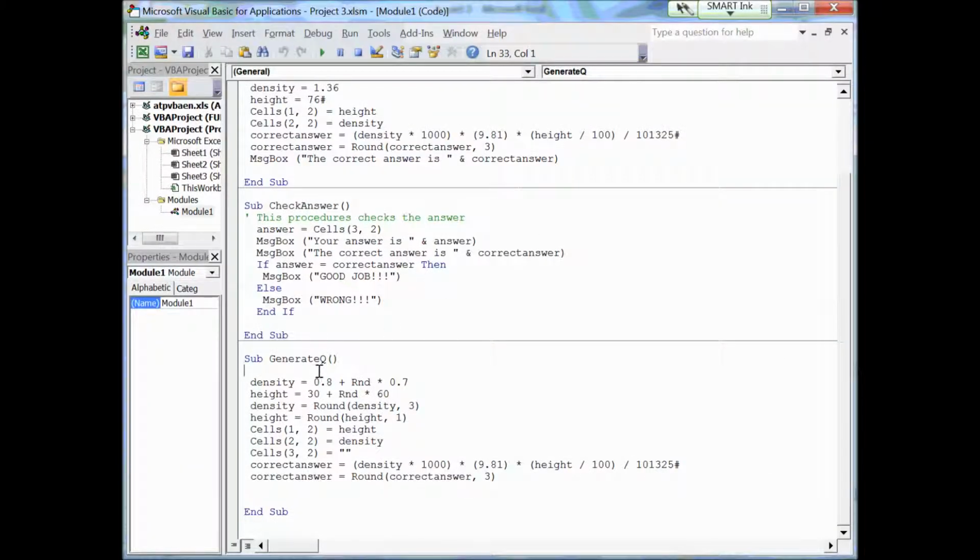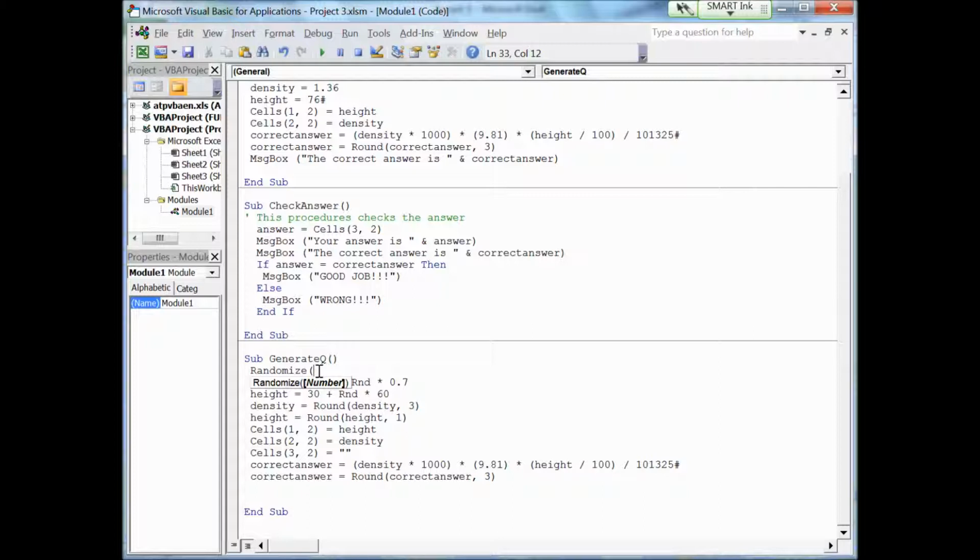What you can do is what's known as seeding the random generator. You can type the word randomize and then seed it by a number. And you want that number to be different each time that procedure is run,